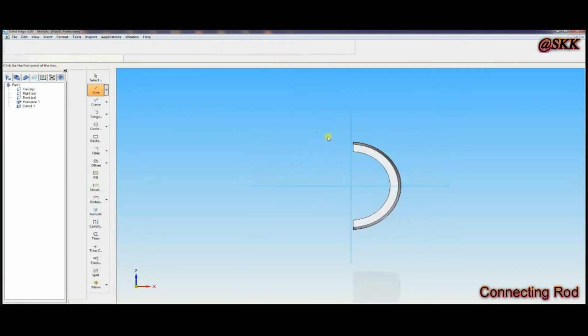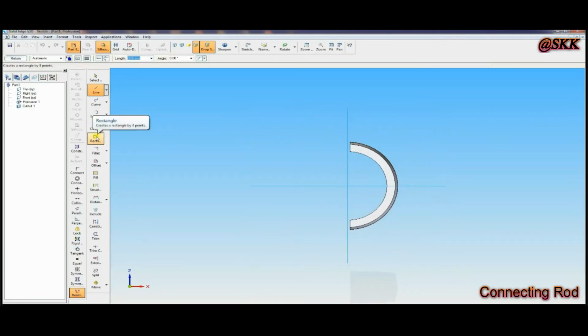For that, protrusion, select front view, then draw one rectangle like this. Simple, any dimension, any width, simple rectangle. Then go to connect the lines, center line and horizontal line. Then go to collinear with that line, that part like this.